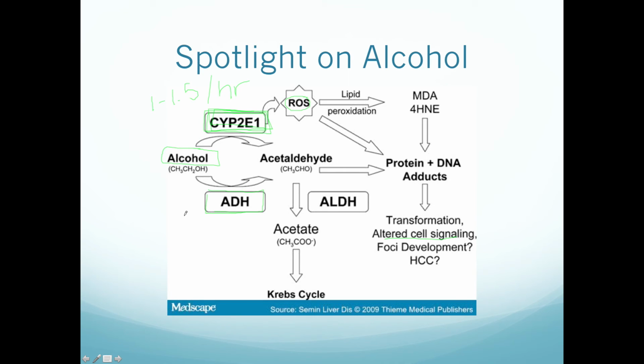So alcohol is broken down by alcohol dehydrogenase into the first product called acetaldehyde. And acetaldehyde then is broken down into acetate, which is used in the Krebs cycle for energy and stuff like that. So let's make this interesting. ADH, this big old enzyme, alcohol dehydrogenase, converts 1 to 1.5 drinks an hour into acetaldehyde, which then is broken down into acetate by acetaldehyde dehydrogenase, which has the same time restriction, 1 to 1.5 drinks an